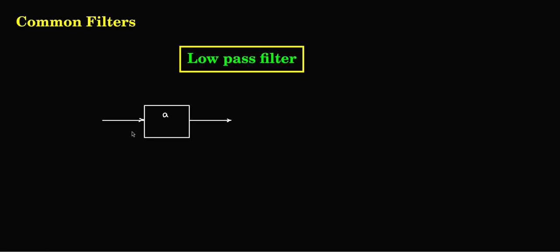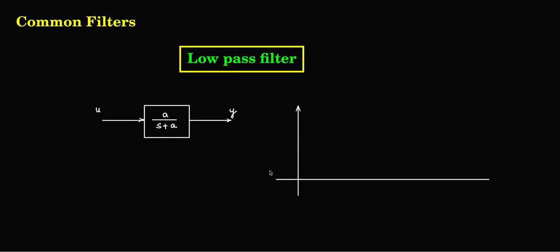So if this is the input and this is the output, A by S plus A is a first order low pass filter. A by S plus A, where A is the cutoff frequency and it is related to the bandwidth and the rise time of the signal. So if this is U or U of t, is y and y of t in the continuous time domain,